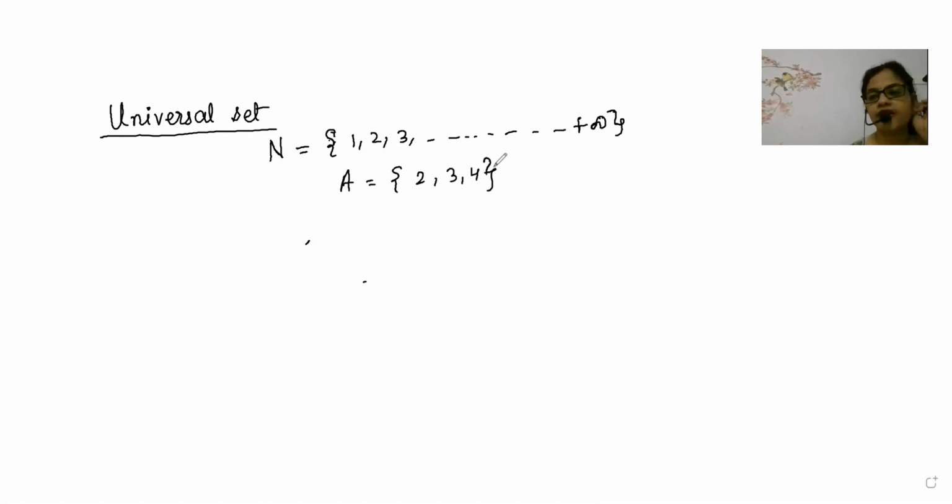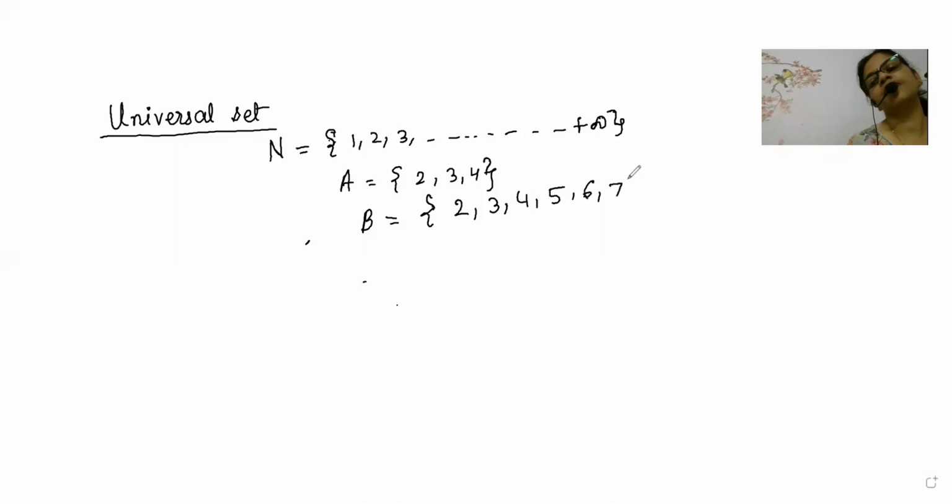N is the universal set, because N contains all the positive elements, and definitely A is taking its elements from N. From where is A taking elements? A is taking elements from N, beta. Because of that, this is written. Now can you tell me, for this 2, 3, 4, 5, 6, 7, B is another set which contains elements 2, 3, 4, 5, 6, 7.